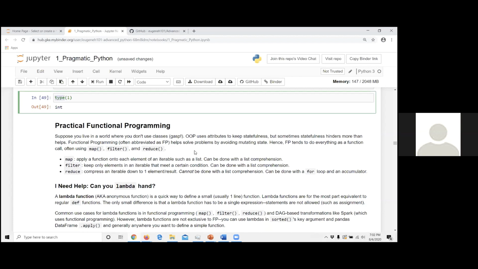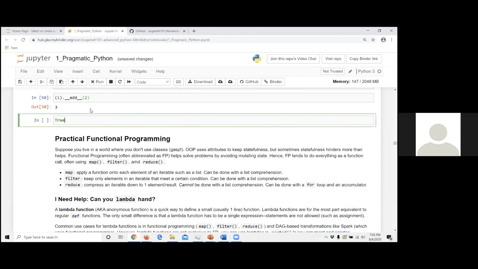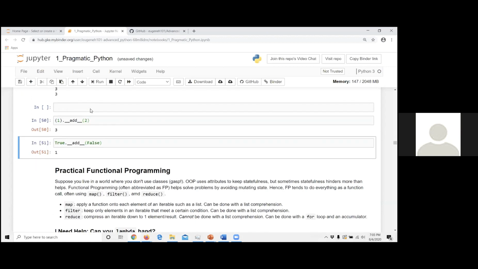Type. Something like what type? So it's int, right? So integers have methods. That's kind of strange. These primitive objects like numbers and bools, you think that's all there is to them. There's nothing else. But they are objects.